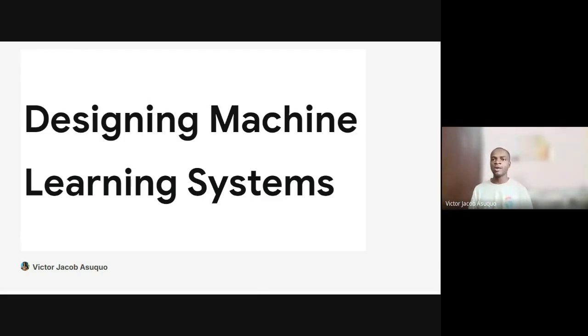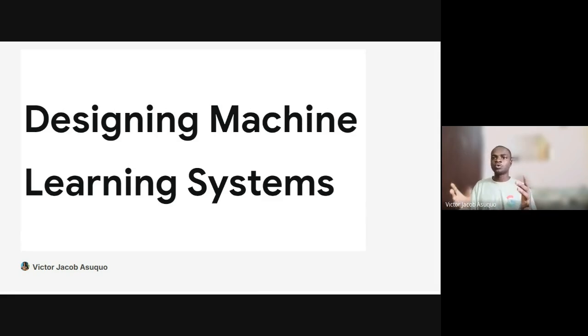Today, what this particular tutorial is all about, we are going to discuss designing machine learning systems. A lot of the times, I see machine learning engineers and data scientists who build interesting models and leave these models in their Jupyter notebook and their coding environment. This does not really make sense.